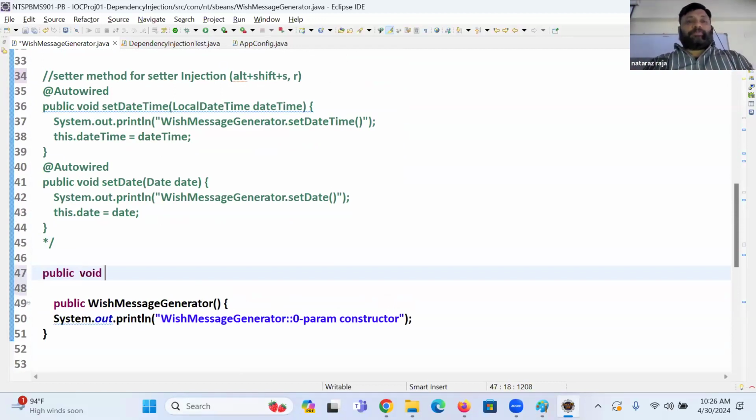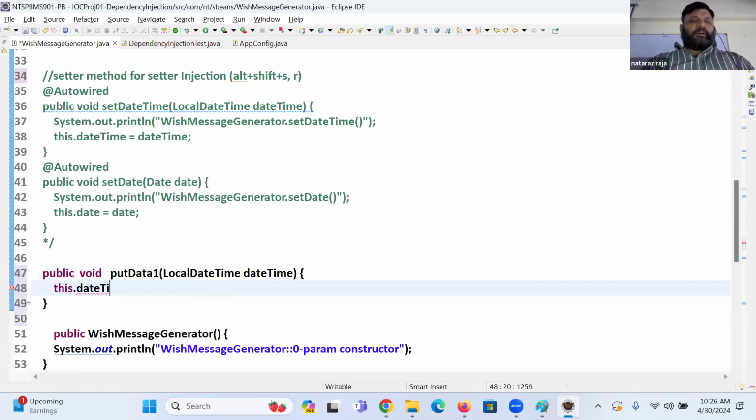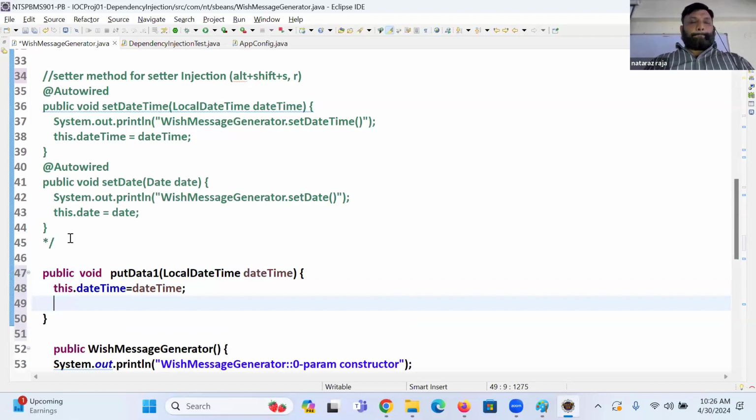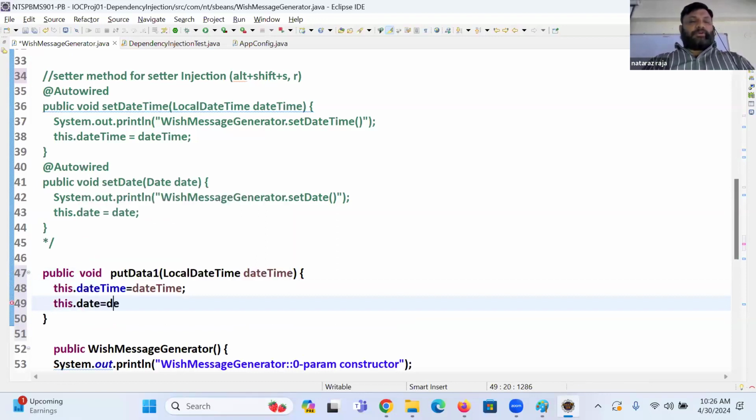It's a public void setData one. I said, any name you can take. LocalDateTime, what is there? Date. this.dateTime = dateTime; this.dtDate = date;